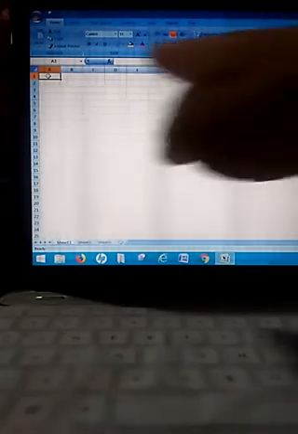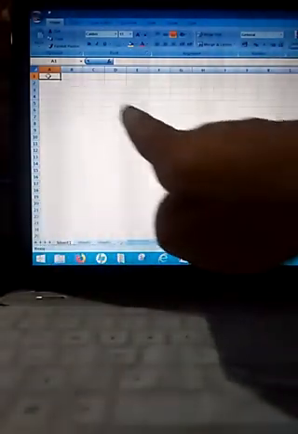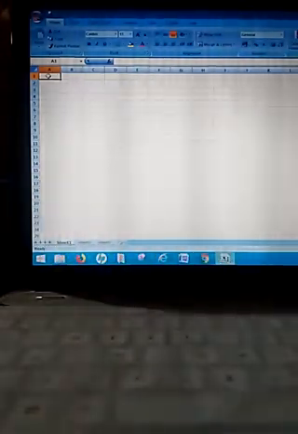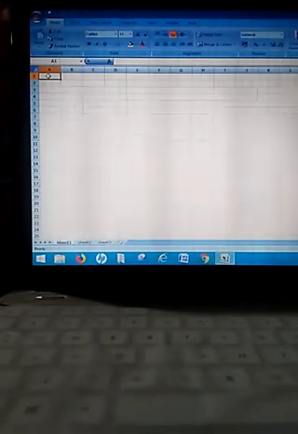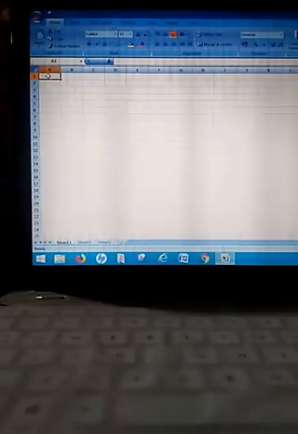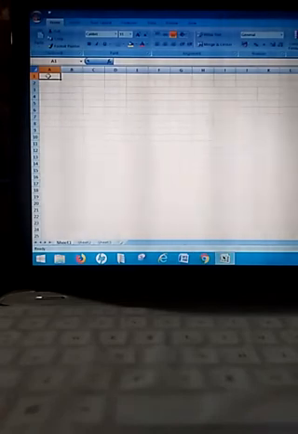And it is also used to store the data. If you have written something on this spreadsheet, on this worksheet, you can easily save it, and you can use it for later use. So Excel is a spreadsheet program that allows you to store, organize, and analyze information.